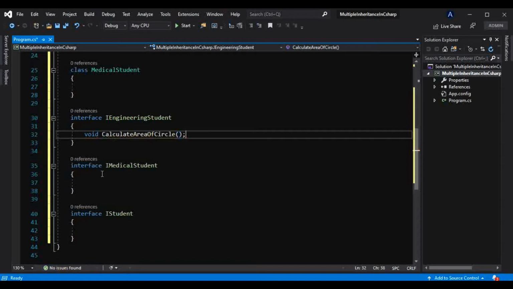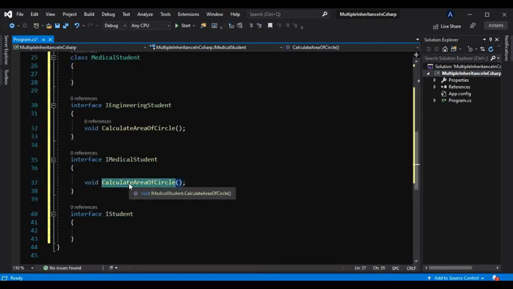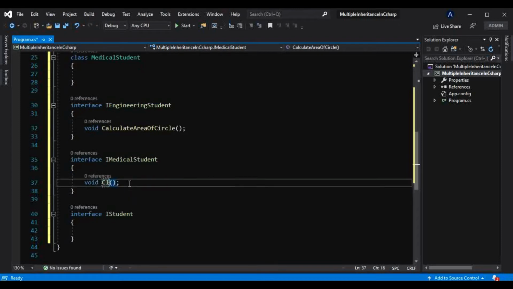Okay, and similarly a medical student provides one method, that is calculate ECG count.